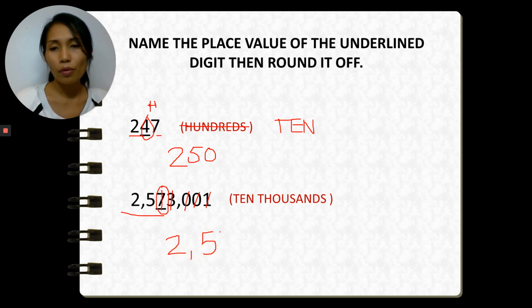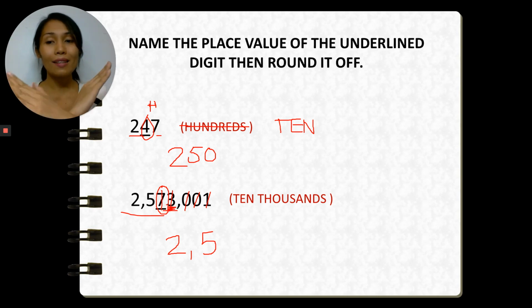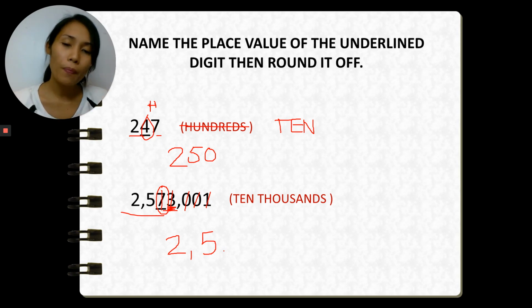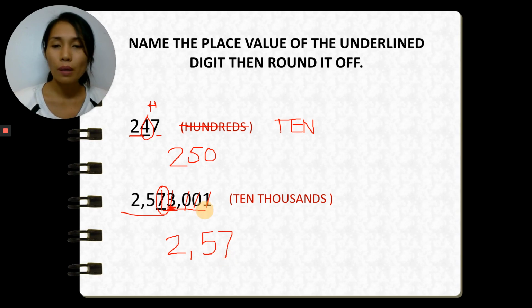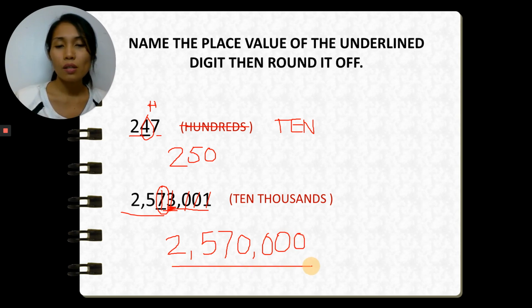2,500,000. Okay, before you write down 7, decide first, round up or round down. The next digit is 3, so that means we will round down. Okay, so don't do anything with 7, just copy it. Copy 7, and then make all of the numbers after 7 0. So that's 0, 3 becomes 0, 0, 0, and 1 becomes 0. So see, the answer is